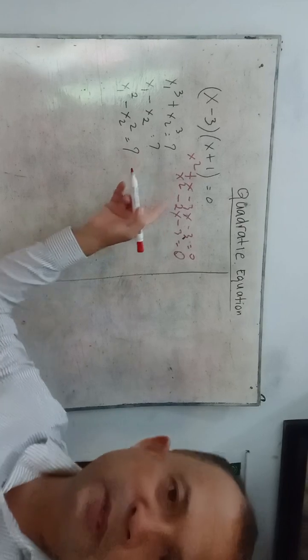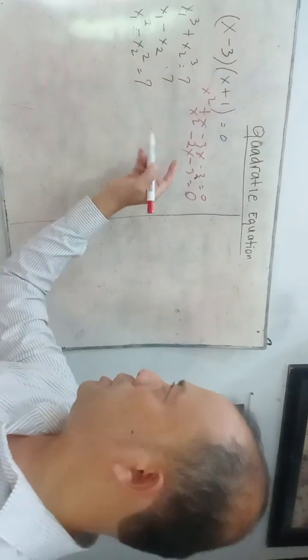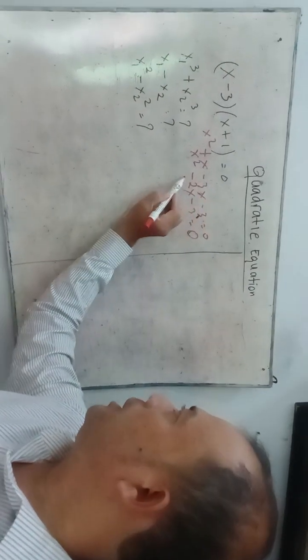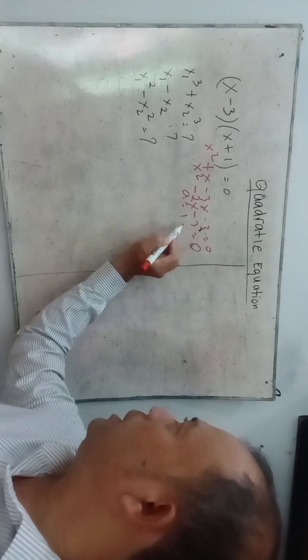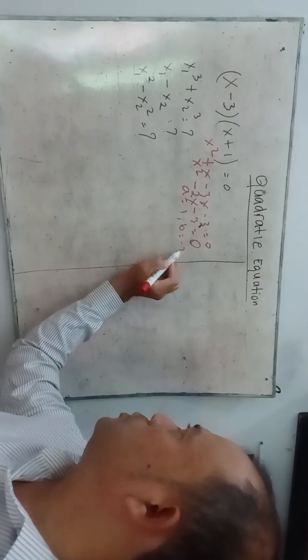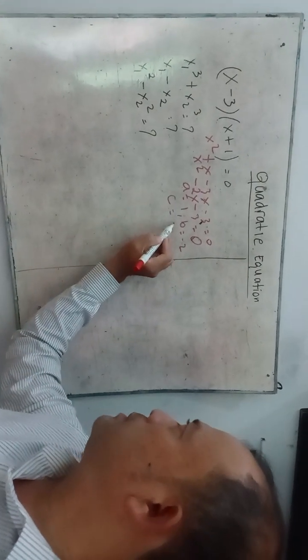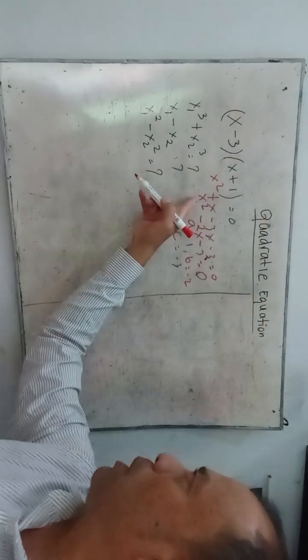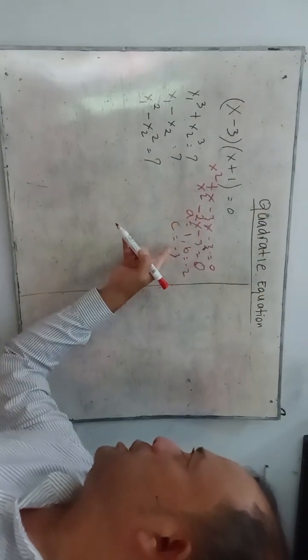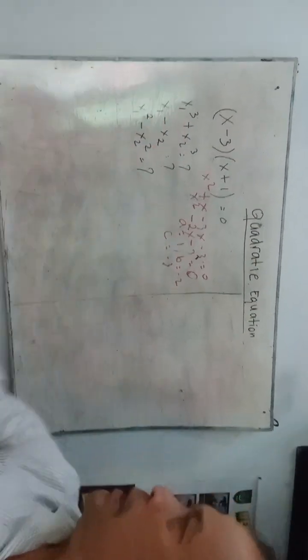Okay, from this equation, we know that a is 1, b is minus 2, and c is minus 3. Once again, a is 1, b is minus 2, and c is minus 3. But the question is